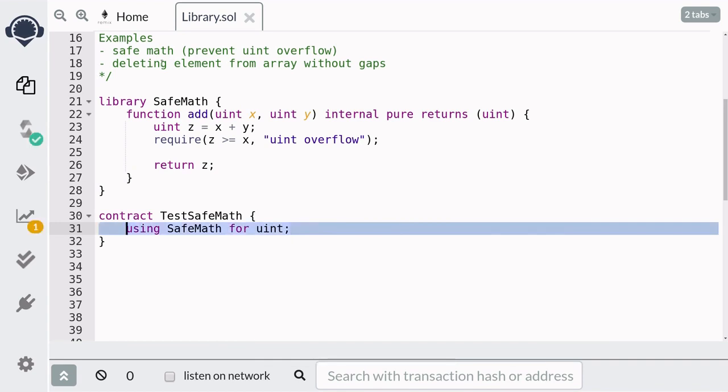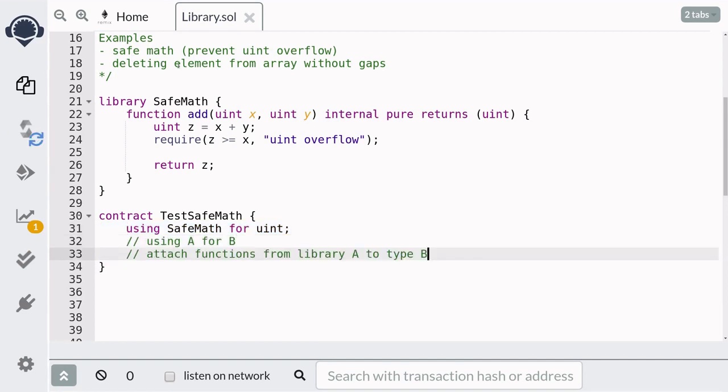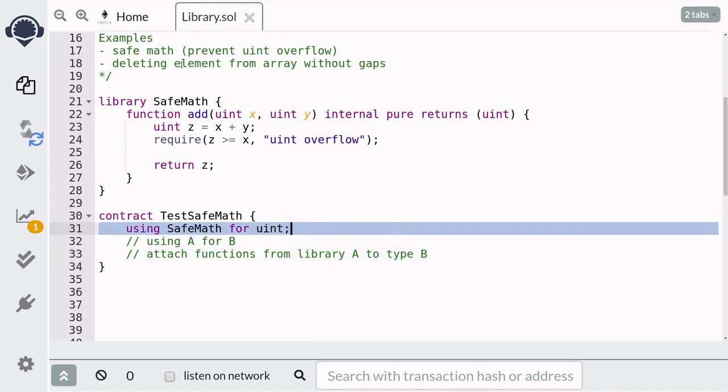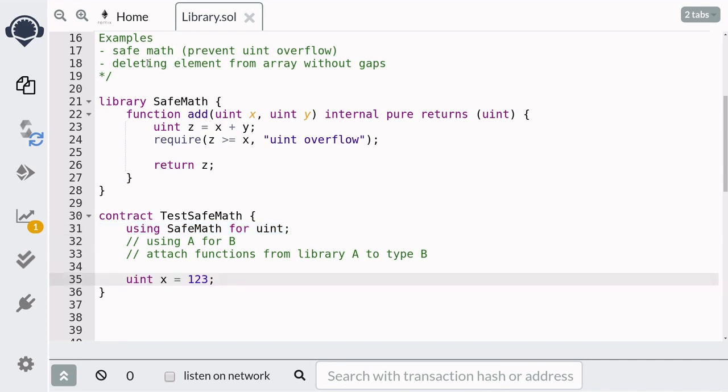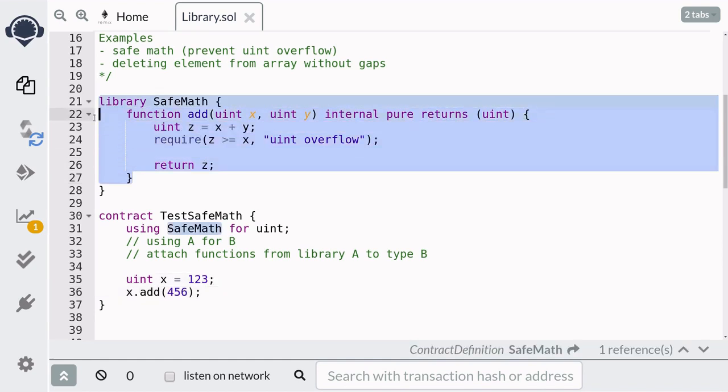So what does this line of code exactly mean? Well, in general, using A for B means attach functions from library A to type B. So this line of code means to attach functions from SafeMath to type uint. And if you have a variable of type uint, you'll be able to use the function inside the SafeMath library